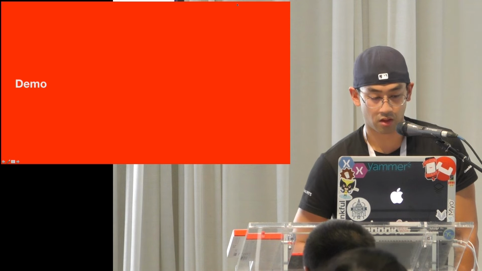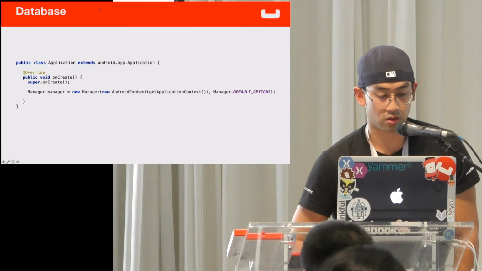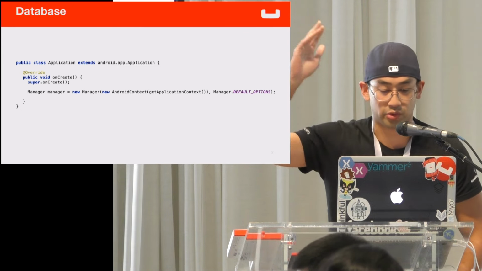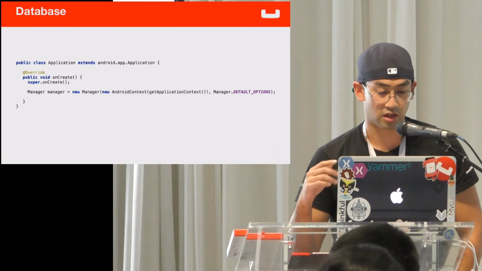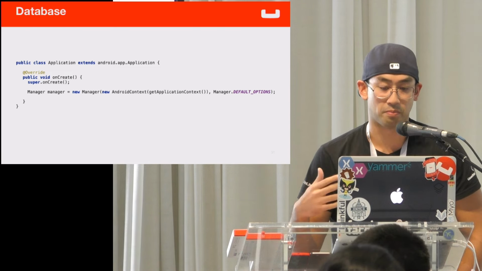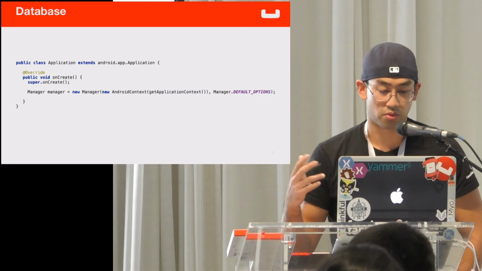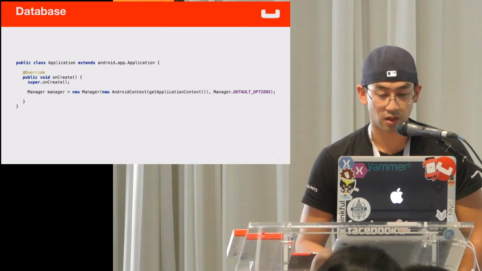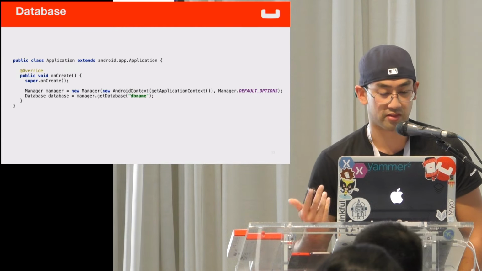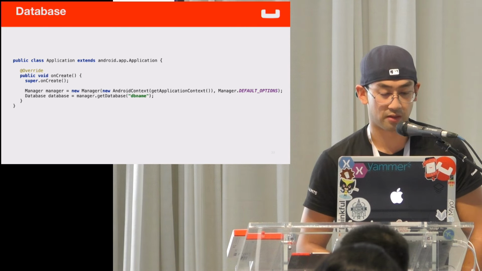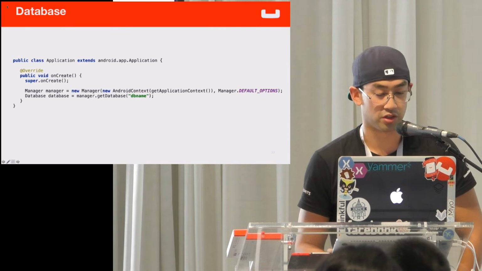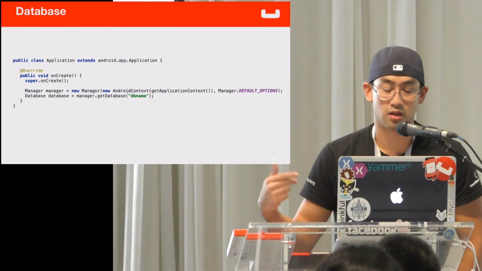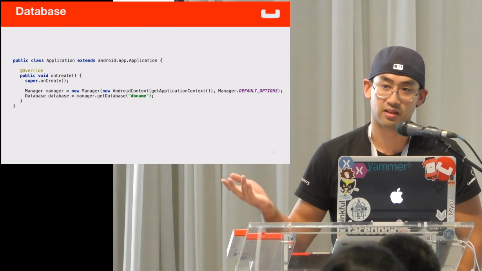If you look at what's happening here from code, really quickly, we basically brought in Couchbase as a library. On the top, I'm not showing this, you have import statements of Couchbase. Couchbase is referencing a manager class. Think of the manager as your parent here. Bringing that in and instantiating it, you can get all the goodies of Couchbase. Once you have a manager class, you can reference a database. Imagine database equals manager dot get database. We pass in that string, and we basically create a database if it doesn't exist.